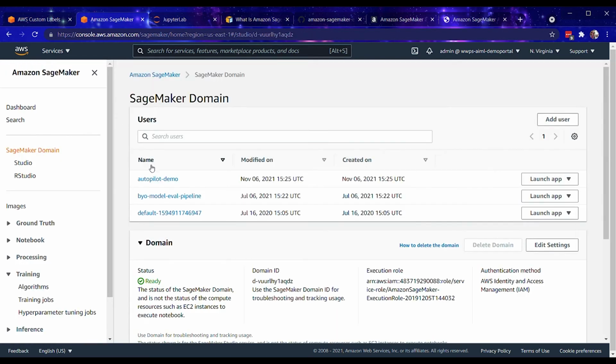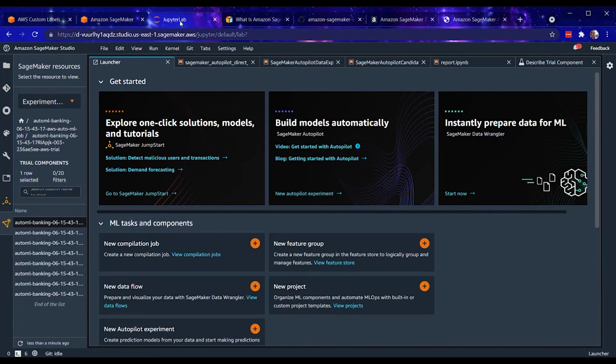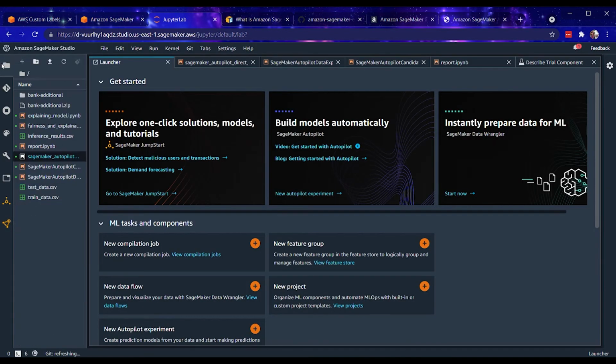I already have one created, and I also already have it open, so I'm going to jump over here into Studio. And the first time you open it, it's going to look something similar to this. So you'll have this launcher page with some landing apps to look at. Your folder will be empty, but